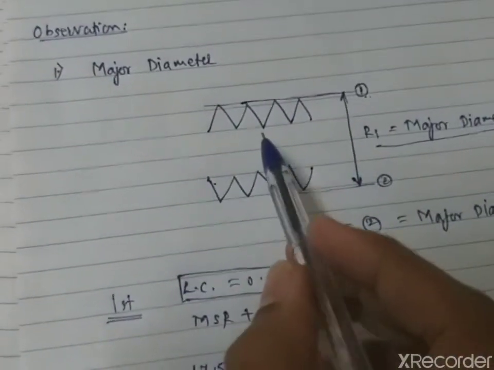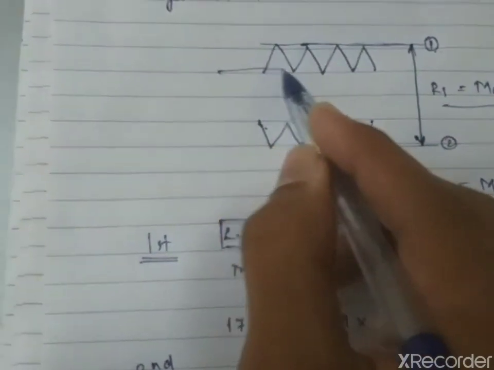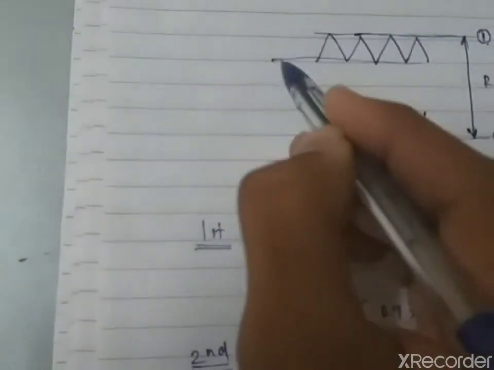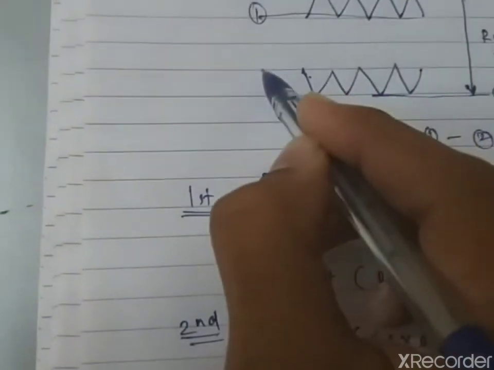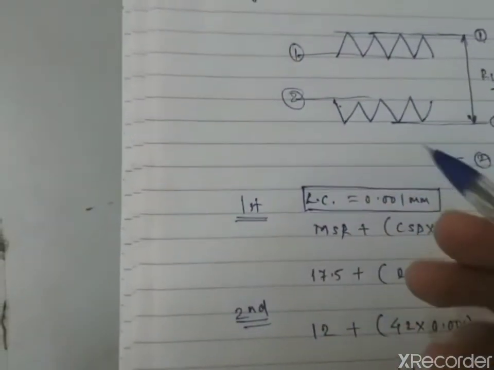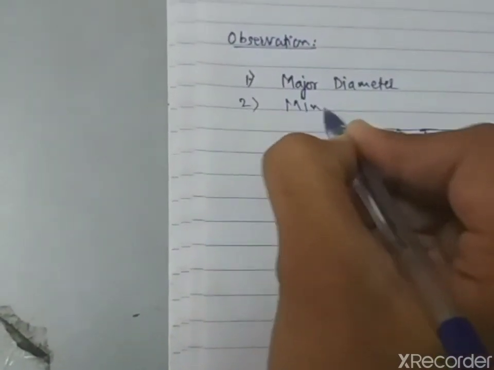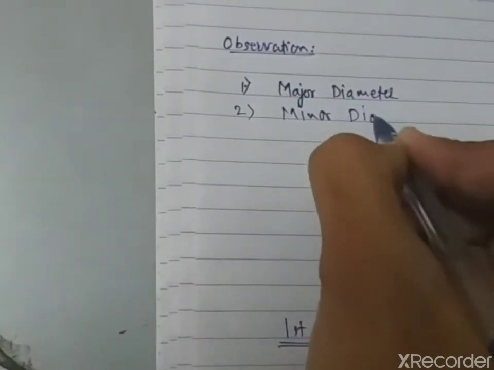In the same fashion we can go for the minor diameter measurement. So how to measure the minor diameter? The same horizontal wire, we have to adjust it from crest to crest. So this will be horizontal wire first reading, again a second reading, and then we can take the difference of 1 and 2, and then we can get our second parameter, that is the minor diameter.